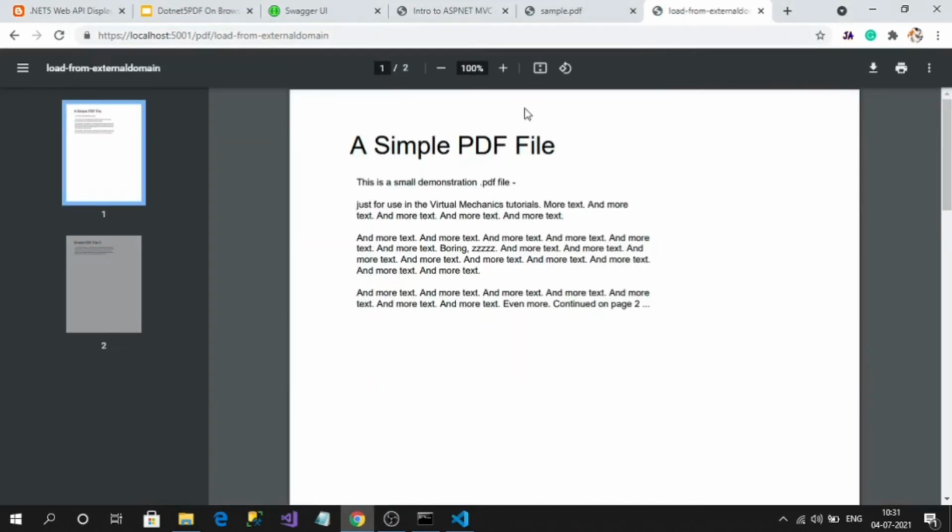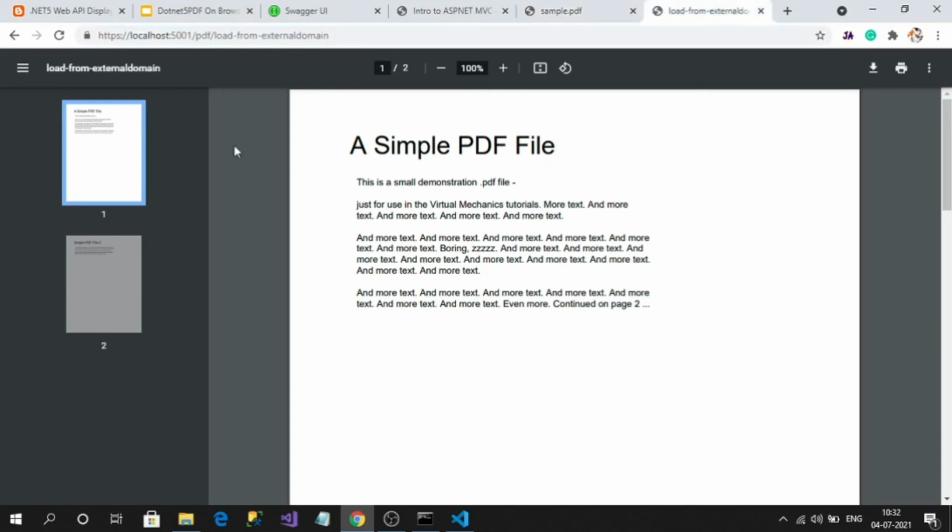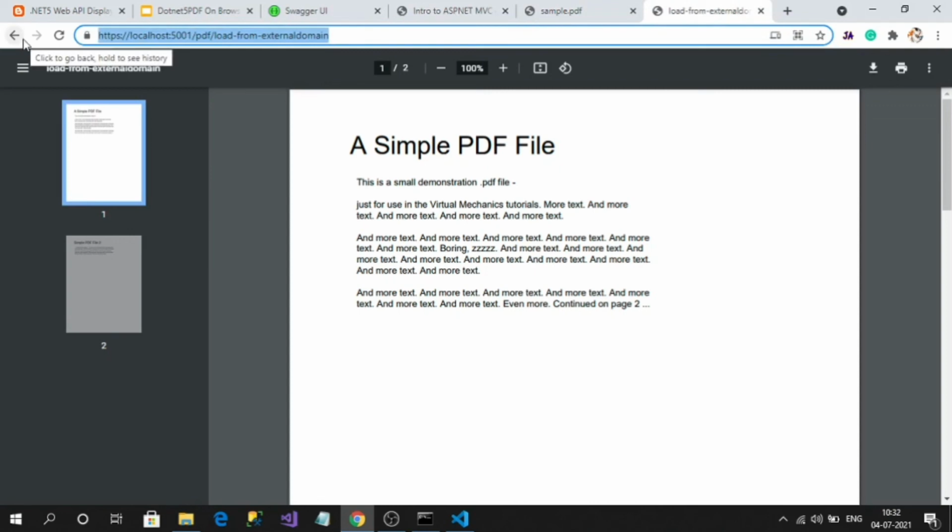See, I am loading. This domain is an external domain, right? So this sample PDF, I am loading from my endpoint. Okay. So those are the two different techniques for loading the PDF and opening it in the browser.